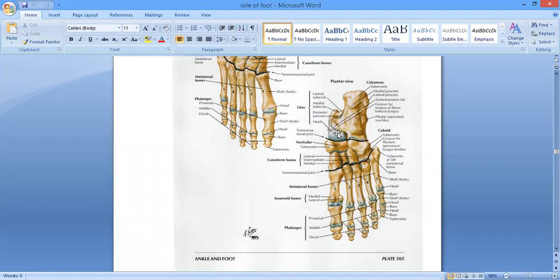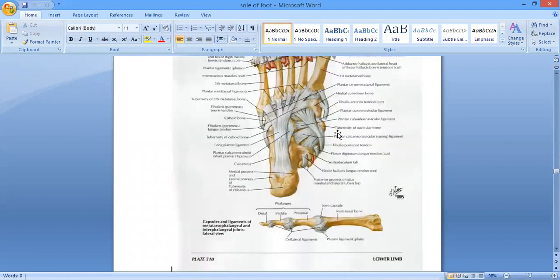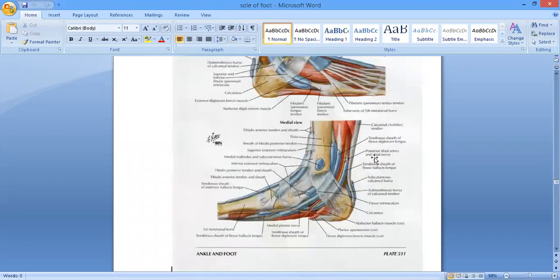And it will enter into the sole of the foot. Here you can see the tendon is running behind the medial malleolus beneath the flexor retinaculum on the medial surface of sustentaculum tali, and is going to enter into the sole of the foot. And here it is going to cross the tendon of the flexor hallucis longus. You can see the flexor hallucis longus is coming down over here, right? And it is crossed by the tendon of the flexor digitorum longus. यहाँ तक बात clear है बच्चे?